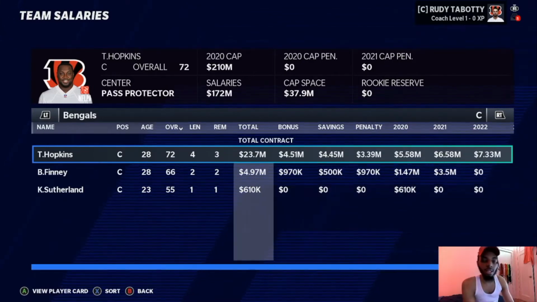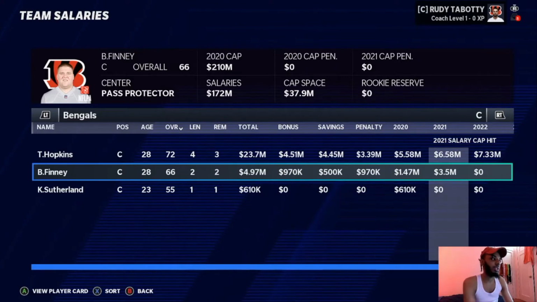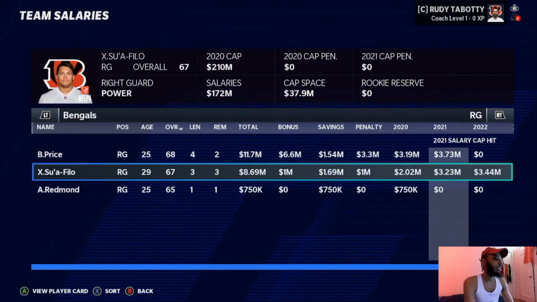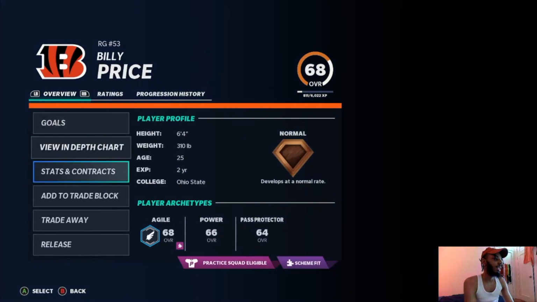But again, we need as many decent offensive linemen as we can, so he's probably going to stick around just for that. And Finney's going to be making $3.5 million next year, so he's probably as good as going after this season as well. Right guard, Sulafilu is gone after this season, and Billy Price, I'm actually going to see if I can get something for him